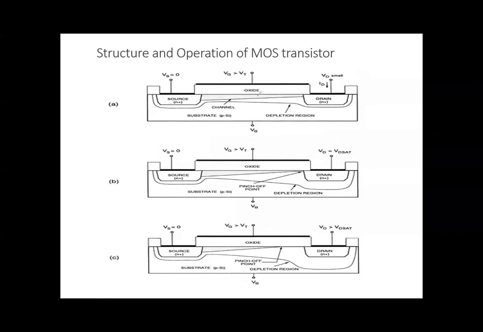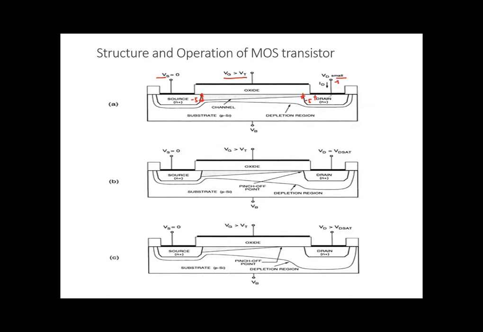So here you can see when VG is greater than threshold voltage, channel is being formed and VD is having a very small value and VS is equal to 0. So because of that, some gradient is there. That gradient is actually being depicted here, between this and this. Initially, suppose this is -5, then this is -5 plus whatever value you're applying here. So that's why this is on the lower side. So this is your channel.